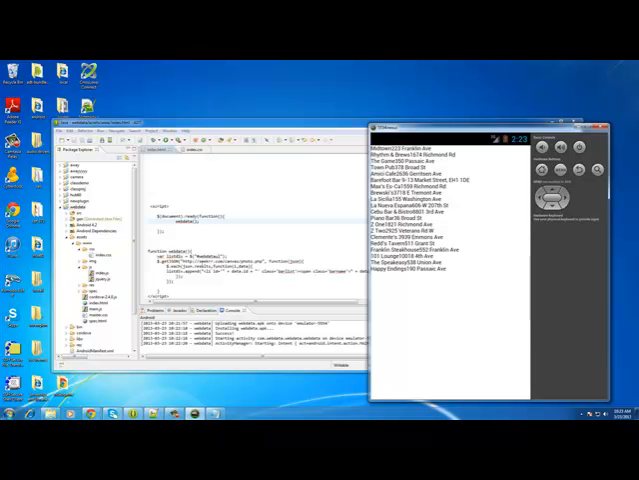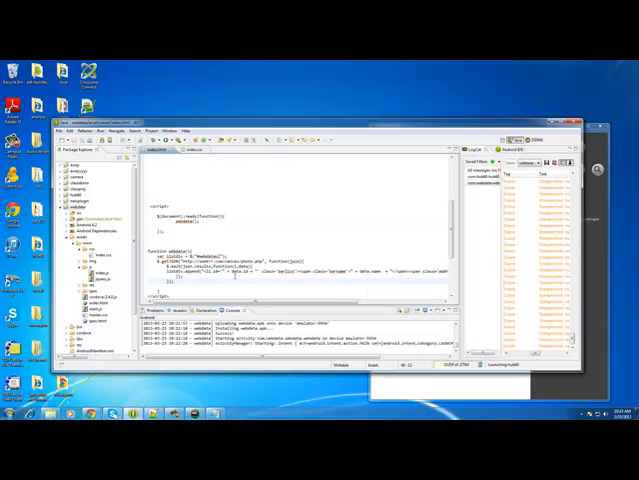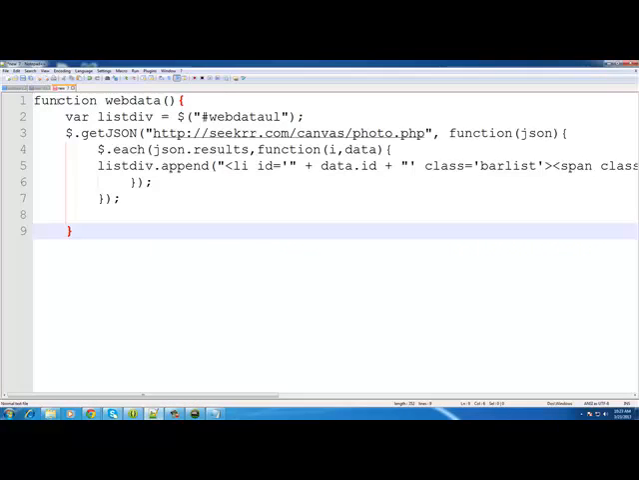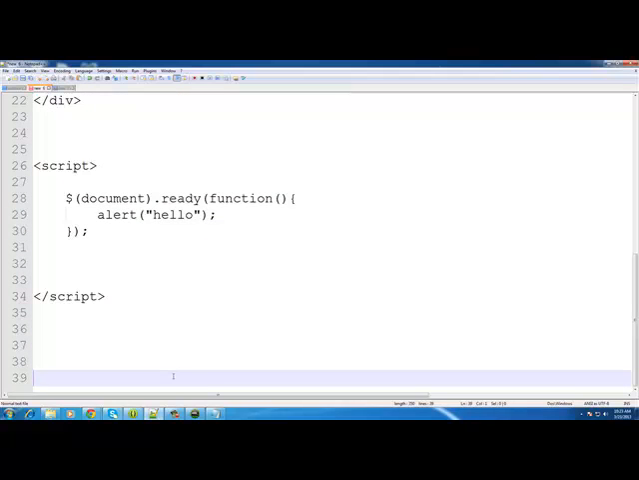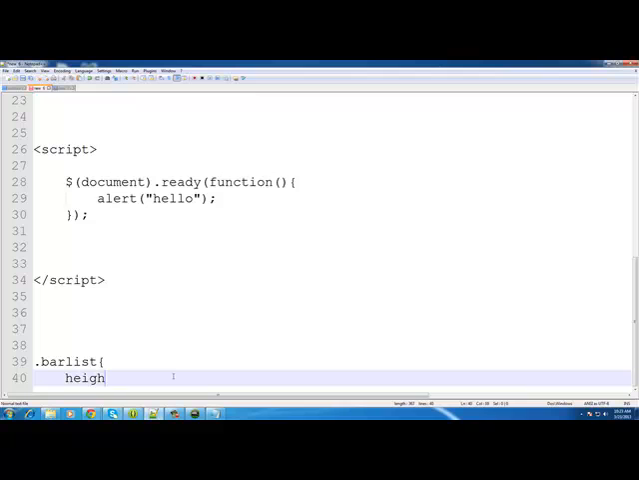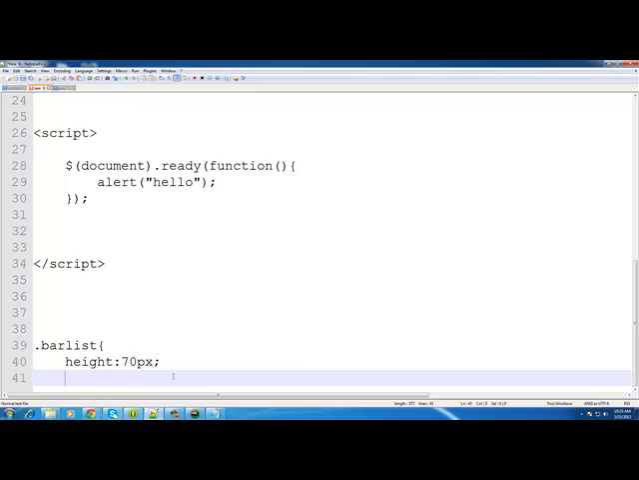Okay, so let's go over here in our Eclipse. As we can see, we have a class of bar name. All right, the first thing we want to do is we have an li class bar list. So I'm going to go into Notepad, and you guys could go into your CSS. We're going to do some CSS, .barList. We're going to give it a height of, let's say, like 60 or 70 pixels. Okay,